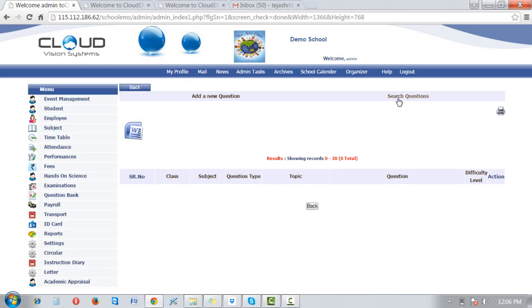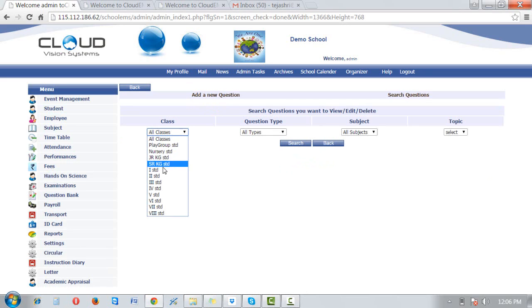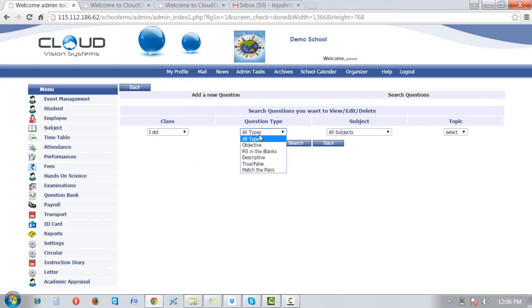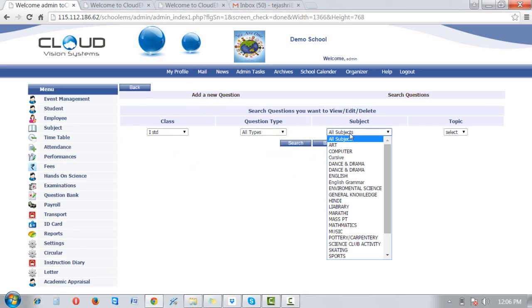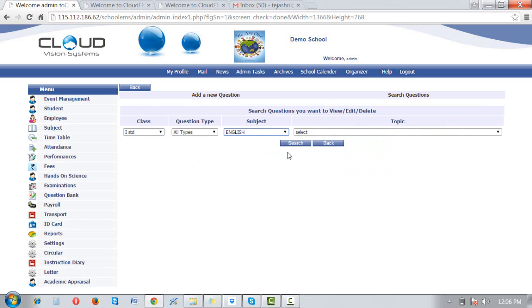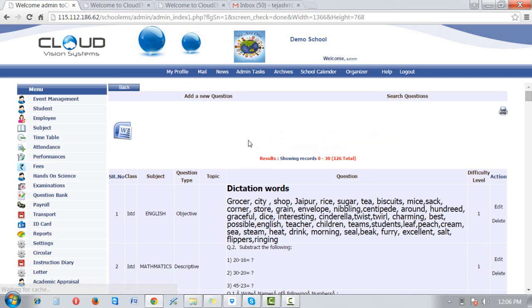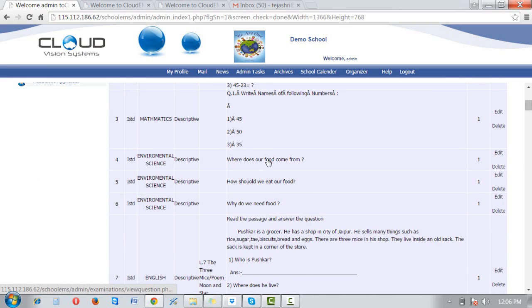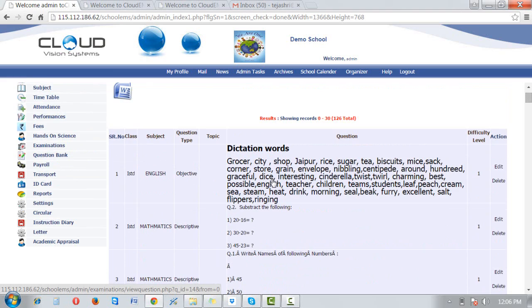So no questions are prepared in this. We'll select another type, like all types, and all subjects, and just click on search. This is what the prepared questions in our system look like with respect to subjects, classes, and question type.